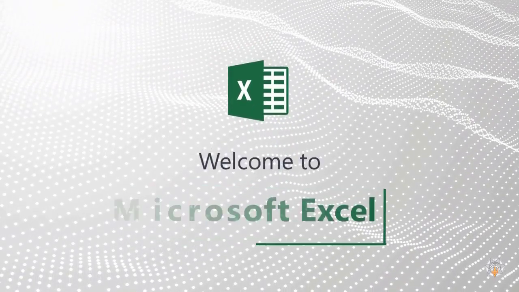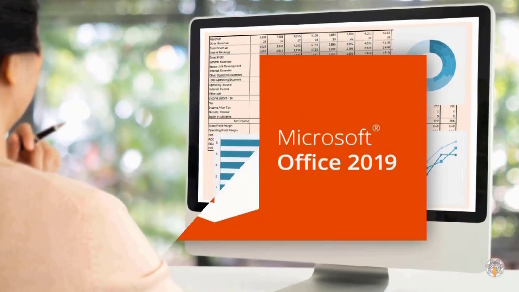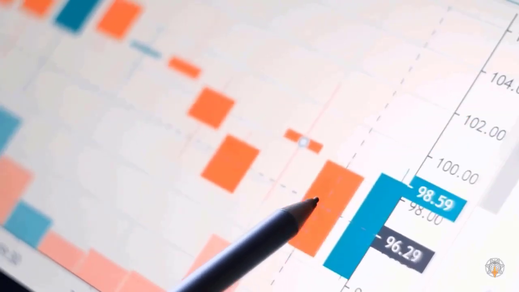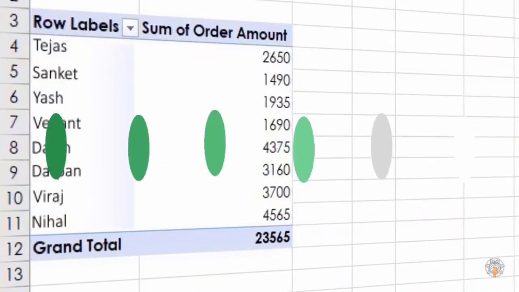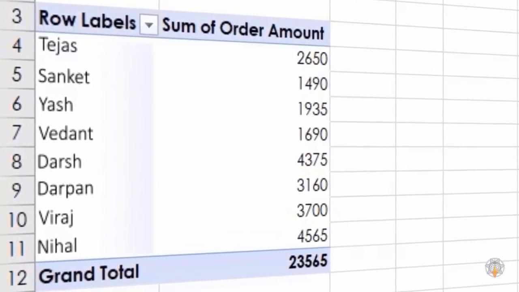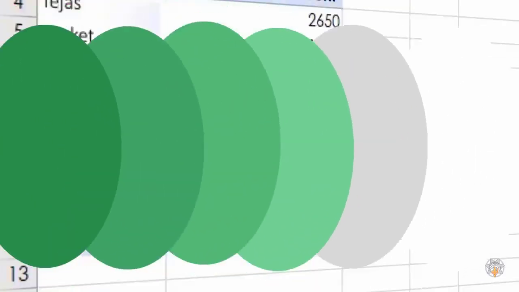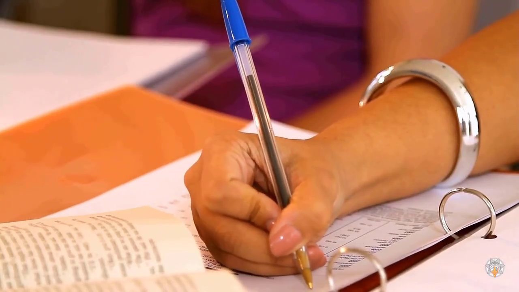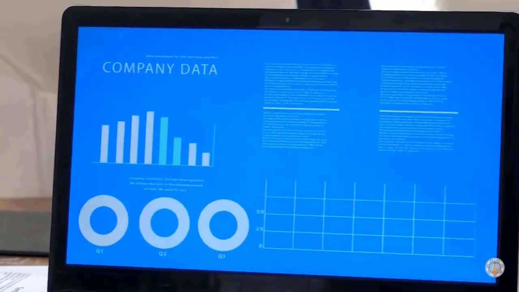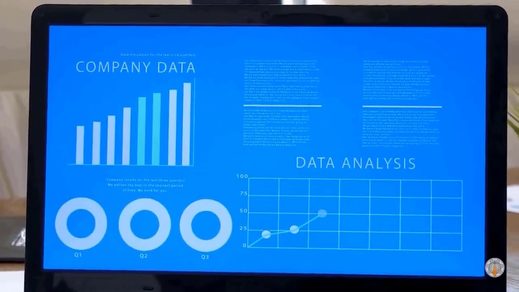Welcome to Microsoft Excel, the spreadsheet program from Microsoft Office. An electronic spreadsheet, also called a worksheet, is a computer program that allows users to enter text and numbers into a table with rows and columns. A worksheet replaces traditional handwritten ledgers and allows you to quickly perform complicated numerical analysis and calculations.